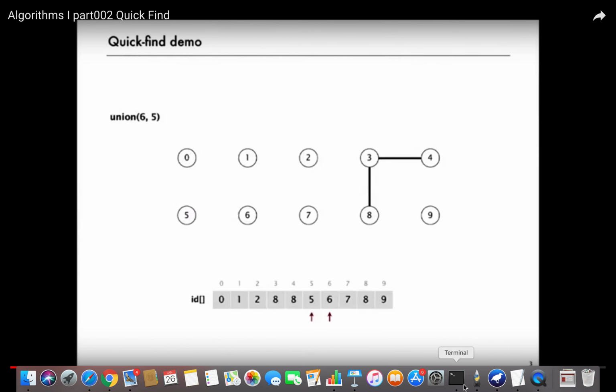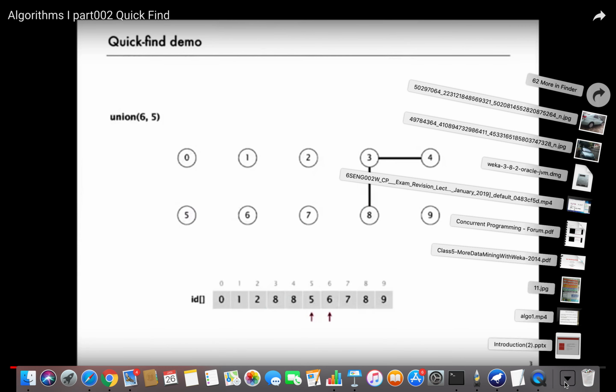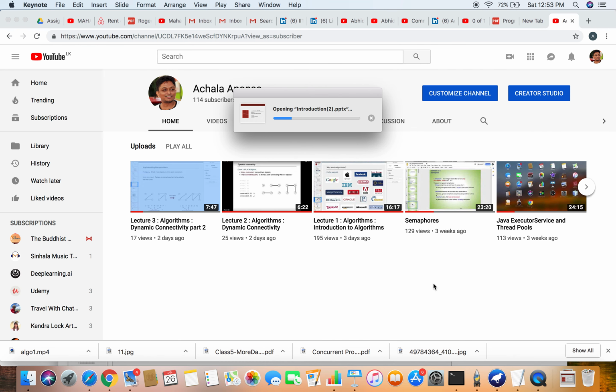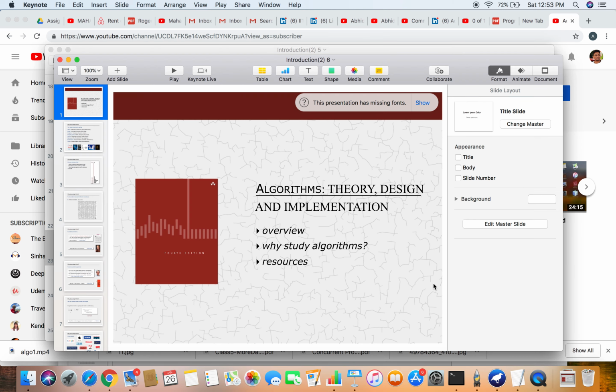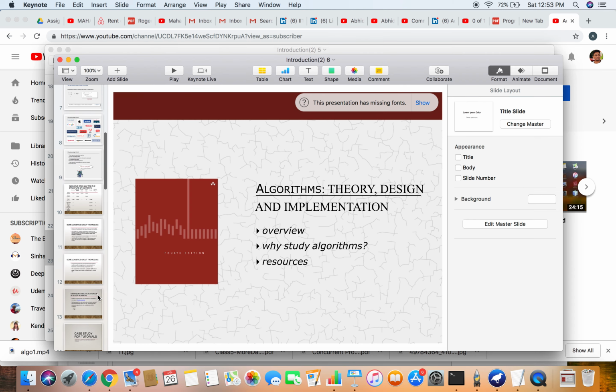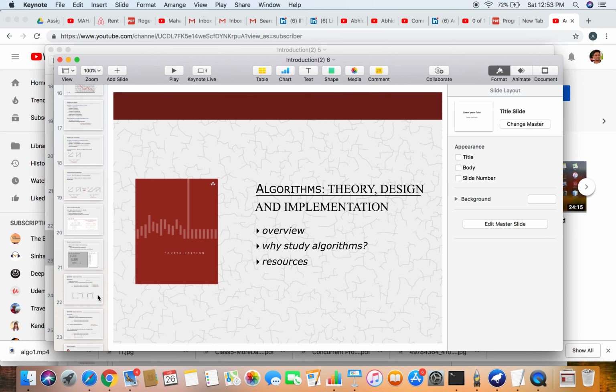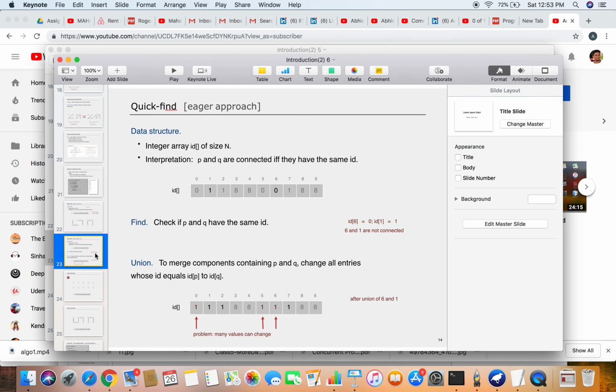In the slide also we had that example. To merge components, ID of P should be replaced by ID of Q. So after union, we have to update many values. Many values can change. We discussed this in the theory part. So in the demonstration,